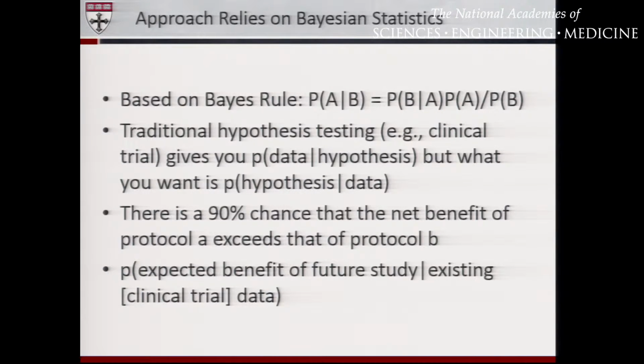So the approach relies on Bayesian statistics, which can be a frightening term to a lot of people. Bayes' rule is really great because it's conditional probability, and it really contrasts against traditional hypothesis testing. The easiest example really is a clinical example. Somebody goes in for a diagnostic test. The test is 99% accurate in the sense of sensitivity and specificity. It will pick up 99% of the true cases, and in people who don't have the disease, it will be 99% of the time negative. And importantly, you have to know the prevalence in the population. About 1% of people in the population have this disease.